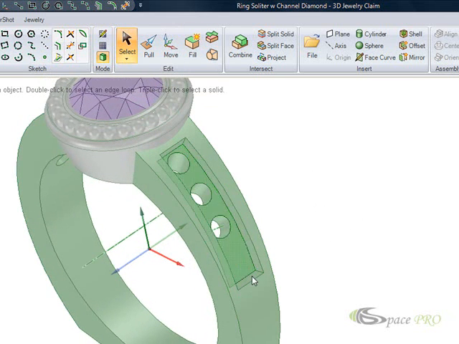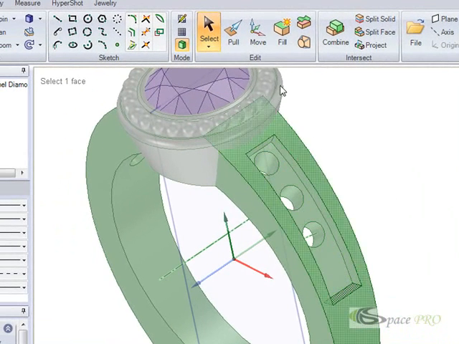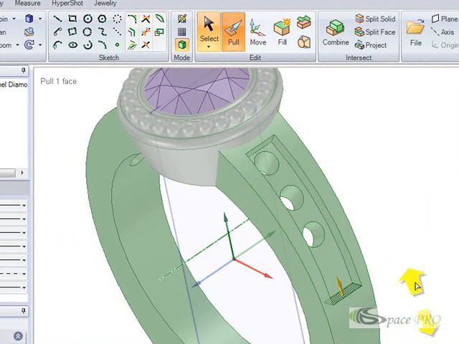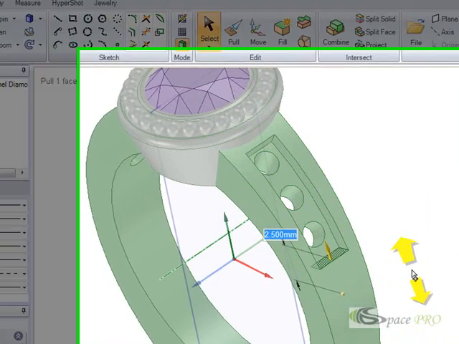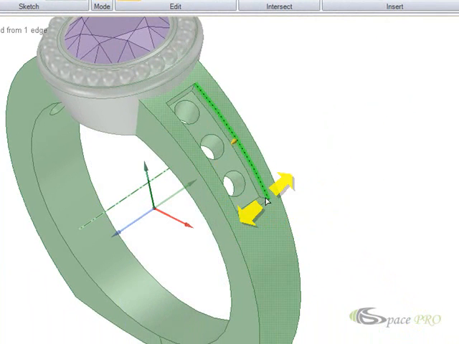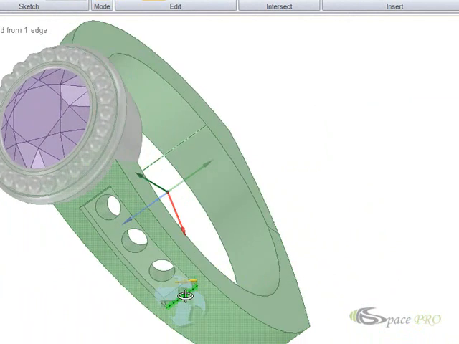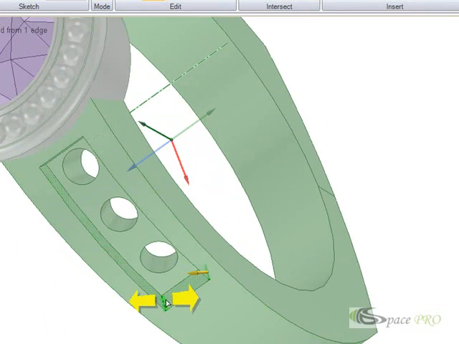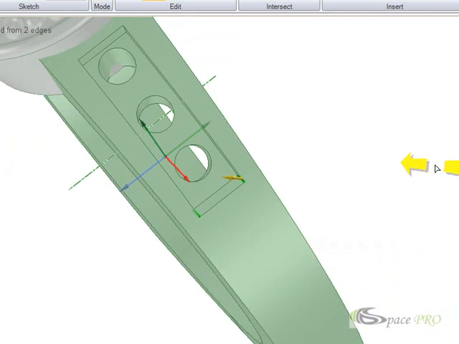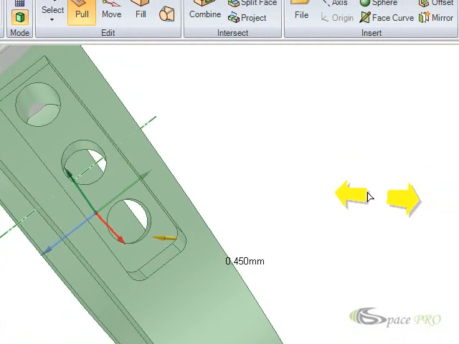My channel has too wide an opening. I'm going to grab the surface and pull it up next to the stone and pick the inside two lines. Since we're in the fillet icon, we can fillet these two around the corner,